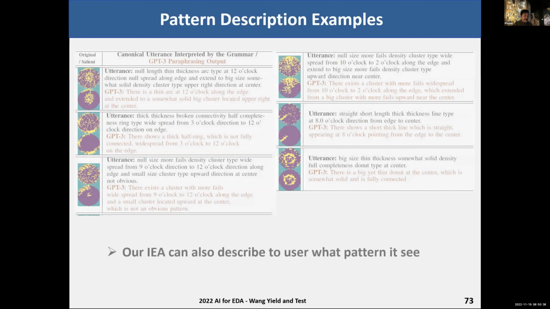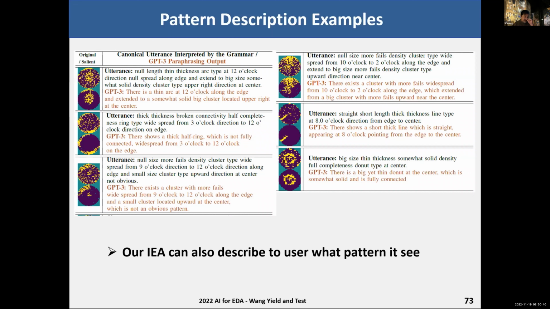And here's a very interesting result: our IEEE tool can not only take a user query, but also describe what you see in the pattern. You can ignore the author's part. Let's look at the GPT-3 part. For example, for this pattern,